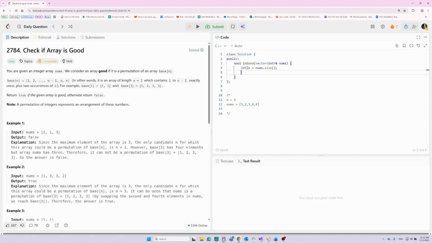Then we create a frequency array. Let's call it count. So define a vector of int. We call it count of size n and initialize all of its elements to 0. Note that we use size n because valid numbers only go from 1 to n minus 1. Now we iterate over every element in the array. So for auto num in nums,